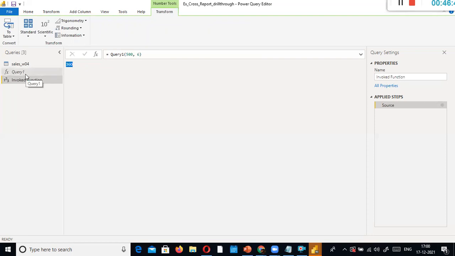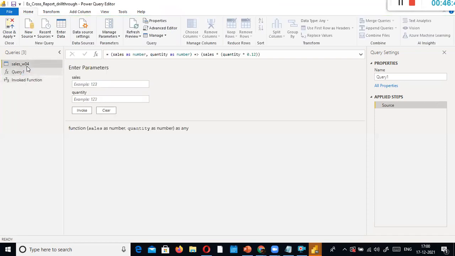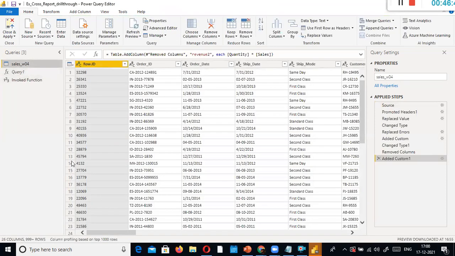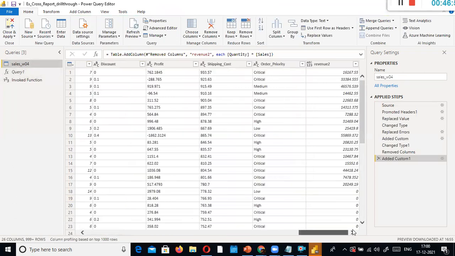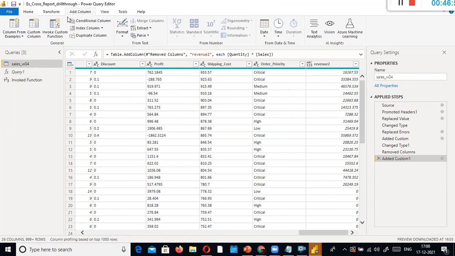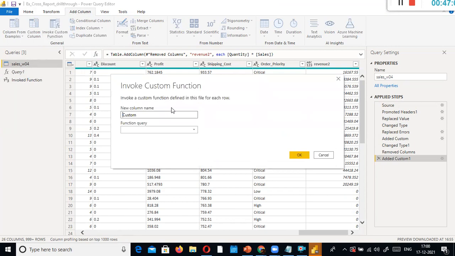Okay, the next step is what I need to do is I'll just go here. Don't worry, what I'm doing, I'll explain shortly. I just go to add column. We are yet to see this one, right? It's invoke custom column. I'm going to invoke this function, query one.